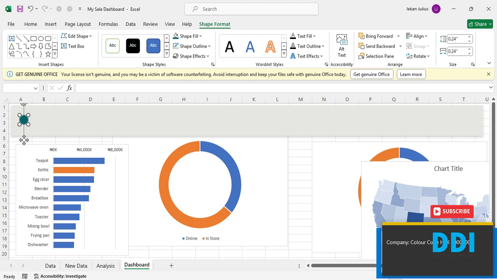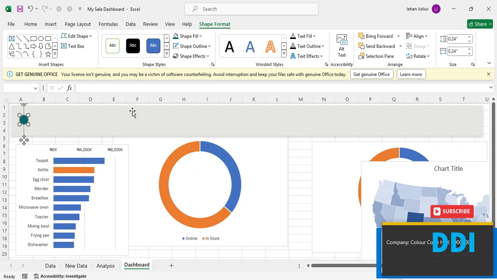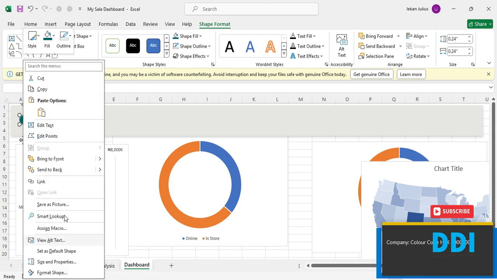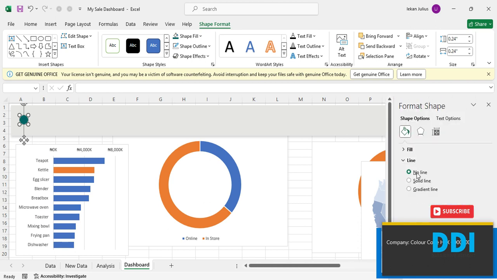Now looking at the brand color and the image, is this similar? No, this is a little bit darker. So what do we need to do? You can always correct the transparency. If you don't want it darker, just come down to format shape. Under the format shape, click on fill, then under fill,